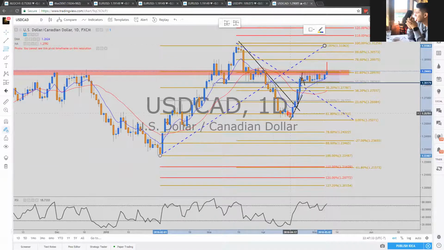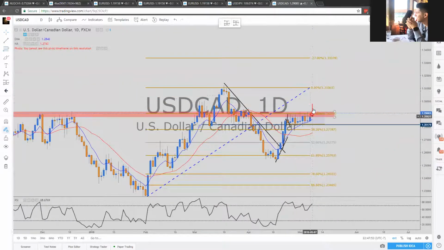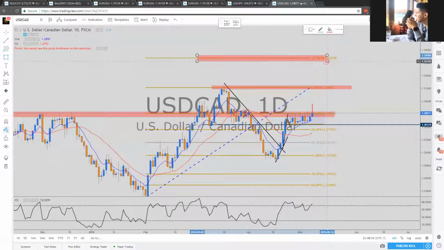So it is hitting the 61.8 and then above 50, above 38.2. Now it's at 23.6. I know it's a little bit confusing to see because it's like double. Actually, remove this one. So now it's around the 23.6. So it might go up to the 0.0 if it breaks through. It's probably going to go up to this area here, 0.0, or if it breaks through, we're going to be seeing it go to the negative 27%